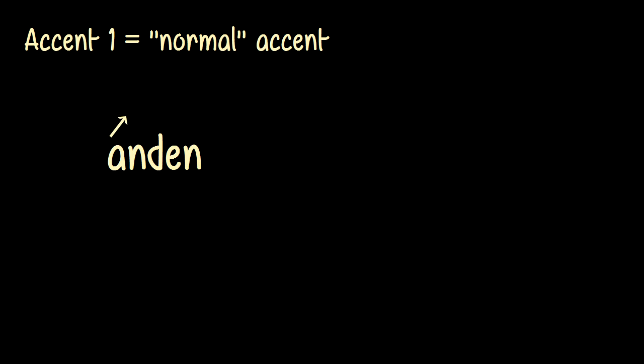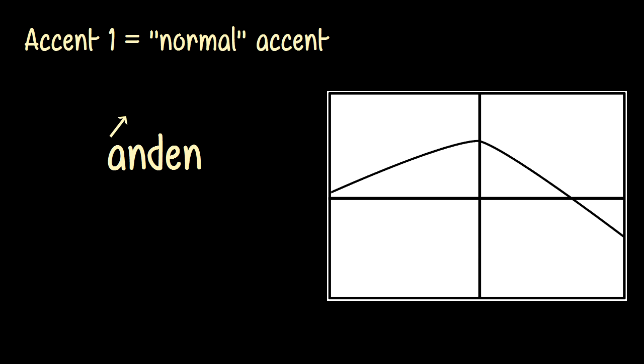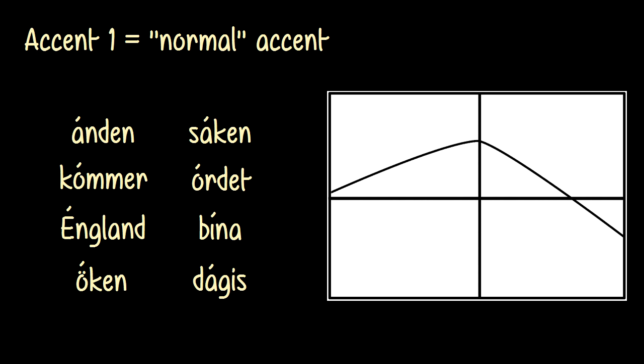Okay, let's get technical. What is the difference between the two accents? Accent 1 is the normal accent, so to speak. In words with this accent, the pitch on the stressed syllable goes up and then down again in the unstressed syllable that follows. Even more technically, it looks like this. Let's listen to some words with accent 1. Anden, kommer, England, öken, saken, ordet, bina,